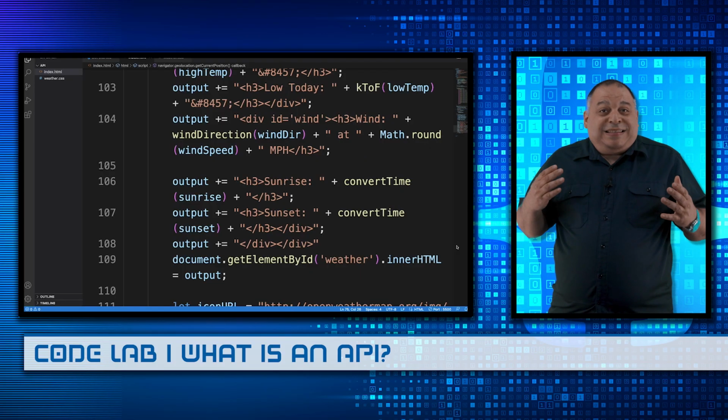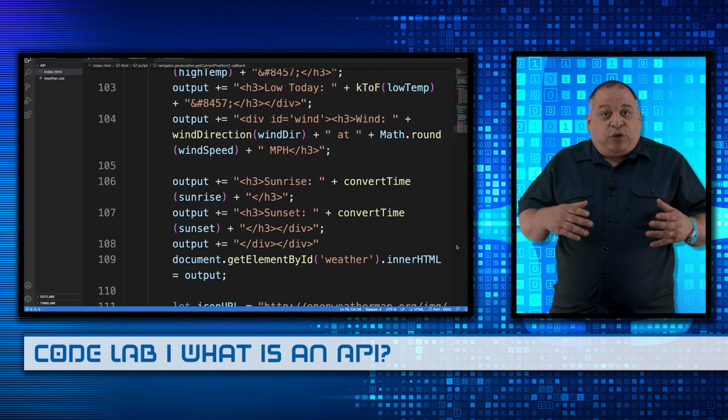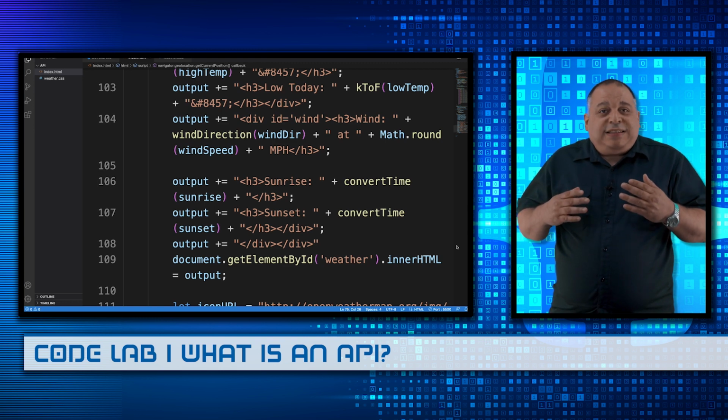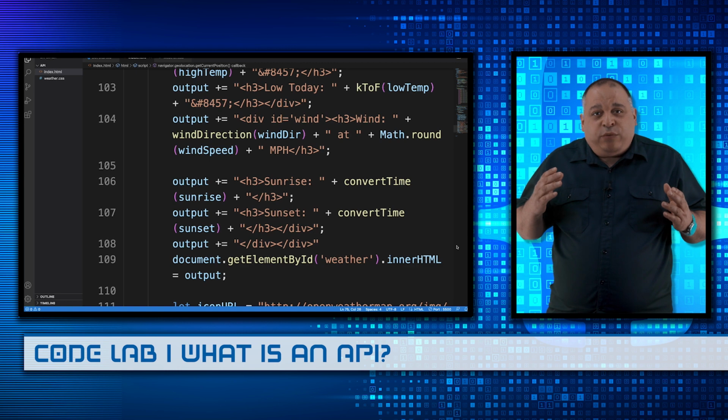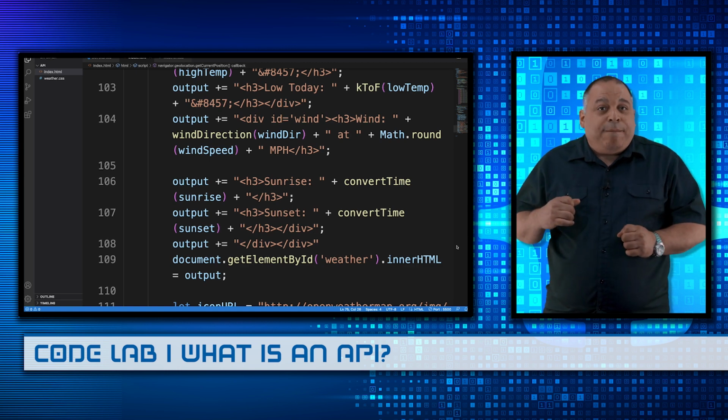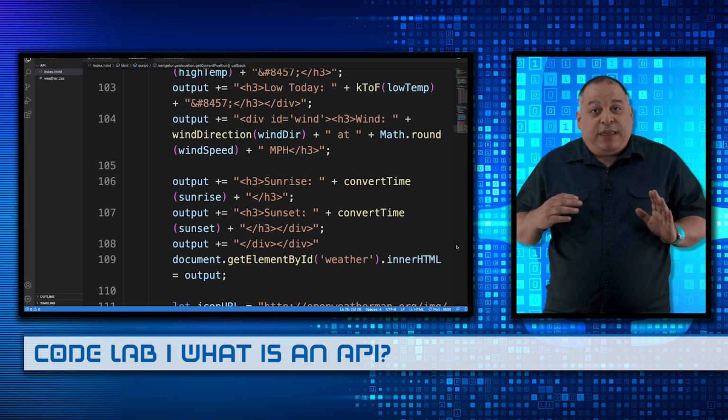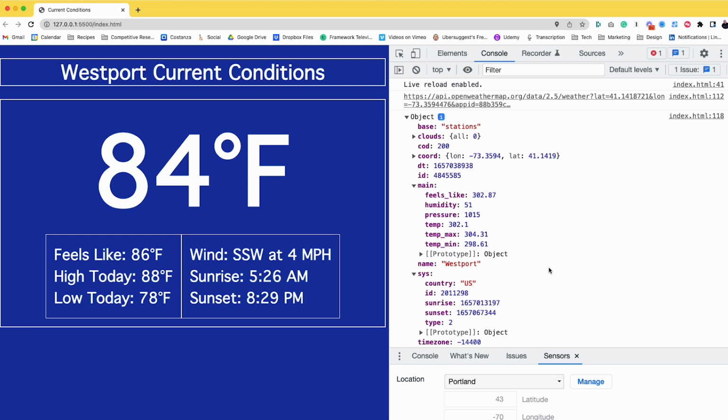Of course, they wouldn't make this easy. Our API returns what's called Unix epoch time. That's the number of seconds since the Unix epoch date, which was January 1st, 1970 at midnight. Were you alive? I wasn't. I'm not that old. If you look towards the bottom in the sys object, you've got the sunrise and sunset values. Those are the Unix epoch values.